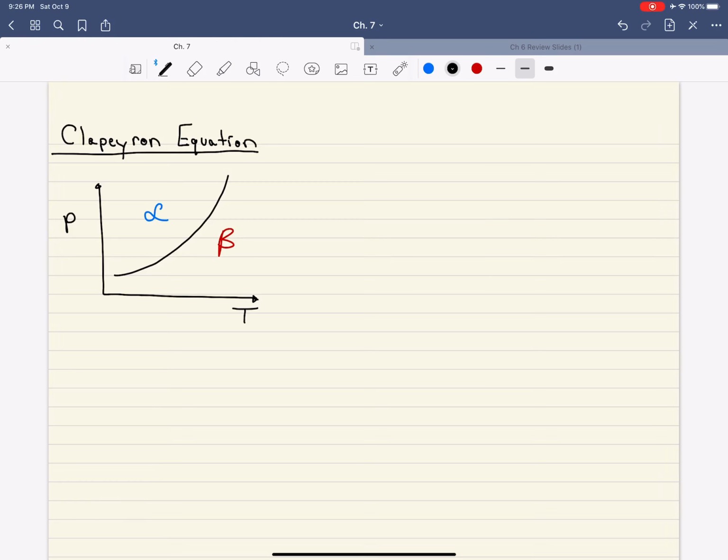Now that we've looked at the temperature and pressure dependencies of delta G independently, we can put those two pieces of information together in order to develop a model or an equation for determining where this phase boundary or coexistence line is between our alpha and beta phases. Okay? All right, and so what we know is at this boundary line,